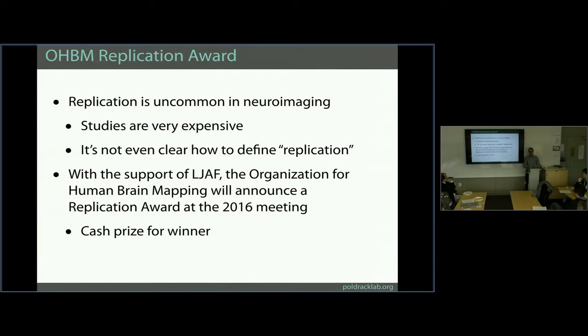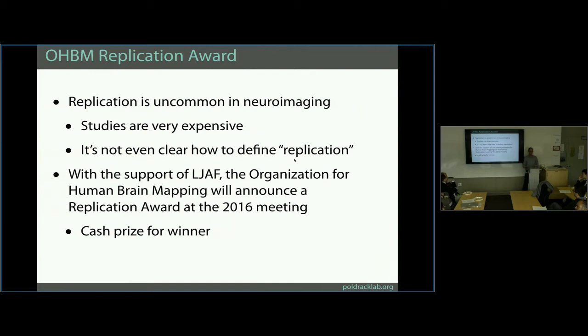And my guess is that, well, it's not even clear how to define replication, right? We don't know in imaging, what does it mean to replicate? I'm thinking in terms of successful replication. What does it mean for a replication attempt to be successful, right? That wouldn't be part of our criteria. I think our criteria would probably be, does it address a really important question? Does it do a really good job in terms of reproducible practices? Those would probably be the main things that we look at. We should talk because you probably have ideas about how to do that better.